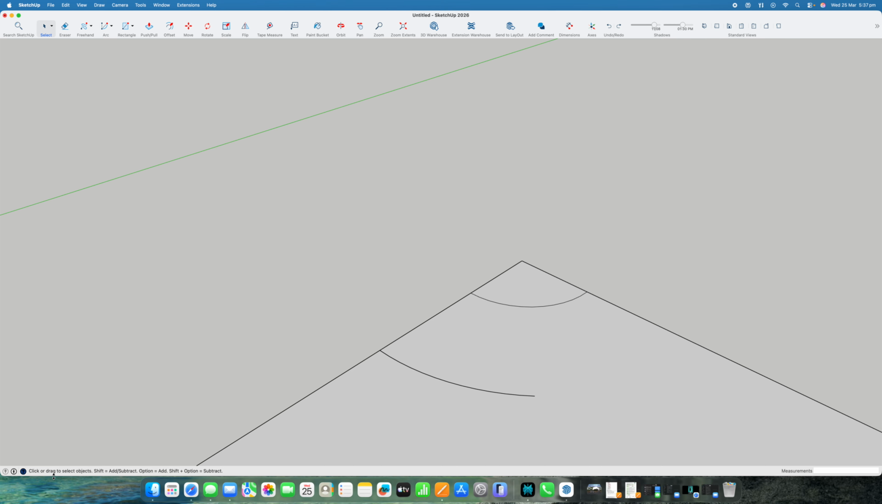Okay, now down the bottom here, click or drag to select objects. Shift equals add or subtract. Option equals add. Shift plus option equals subtract. Okay, so